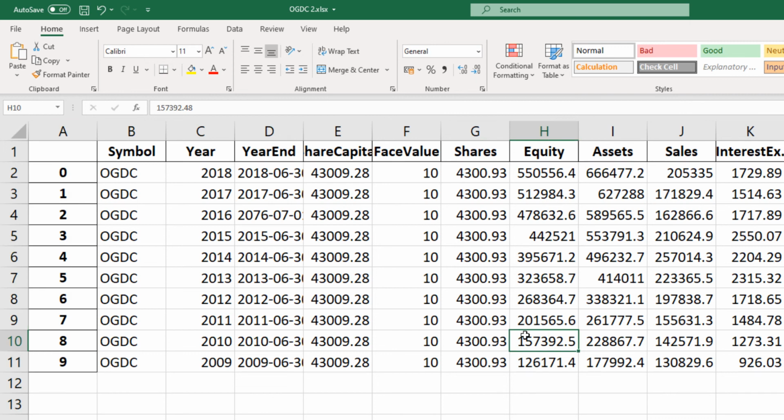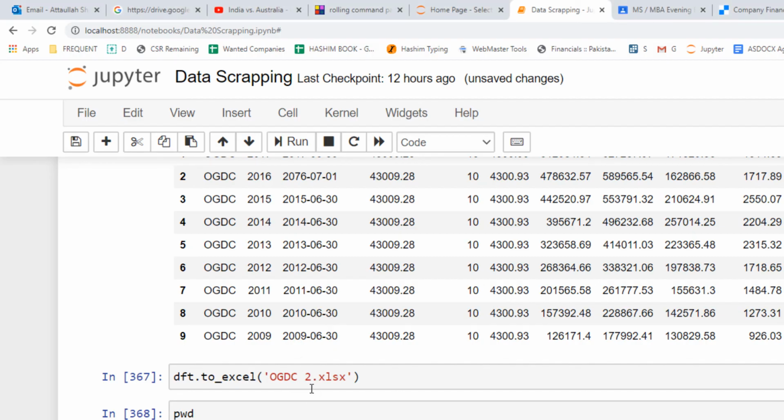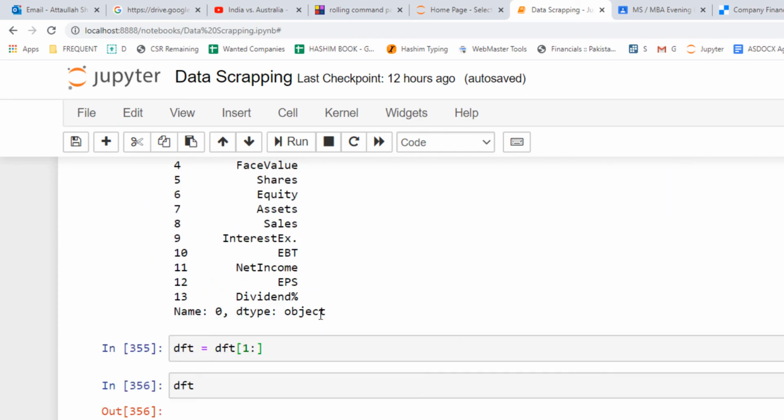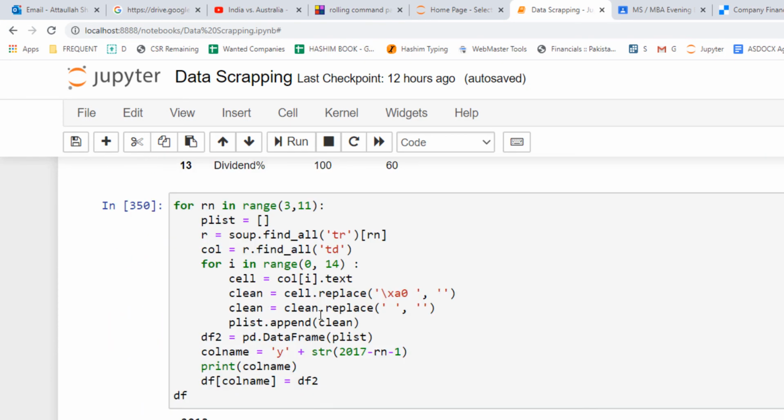So here we have got all the data that we needed, and our next task might be how we can use this loop to run through companies. So this specific code that we used, we can add a further loop to repeat this process for all companies, which we might see, inshallah, in the next video.